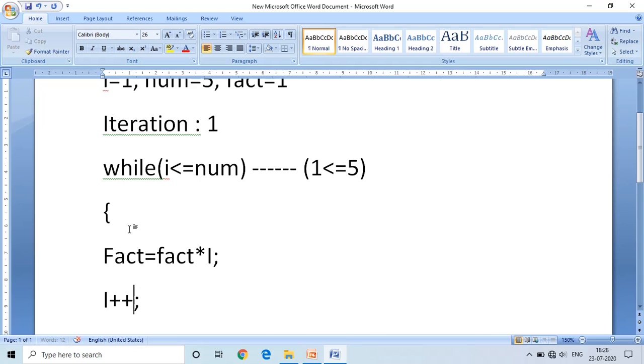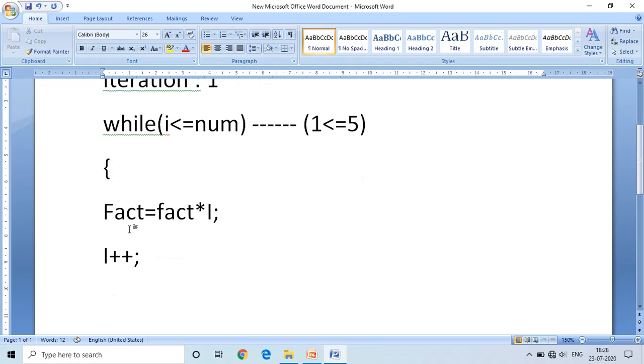These are the two instructions within the loop. For these two instructions, first it checks the condition; it is true, so it enters the loop in the first iteration.